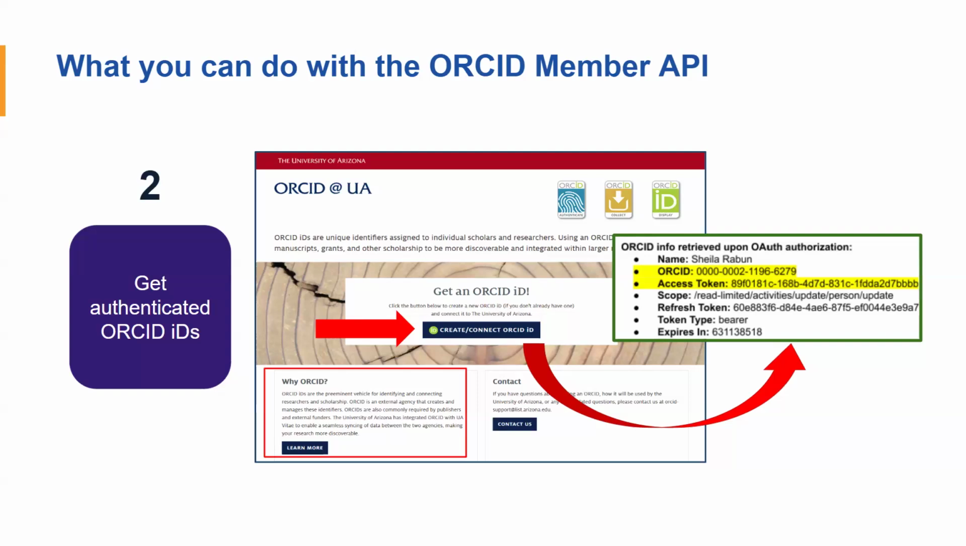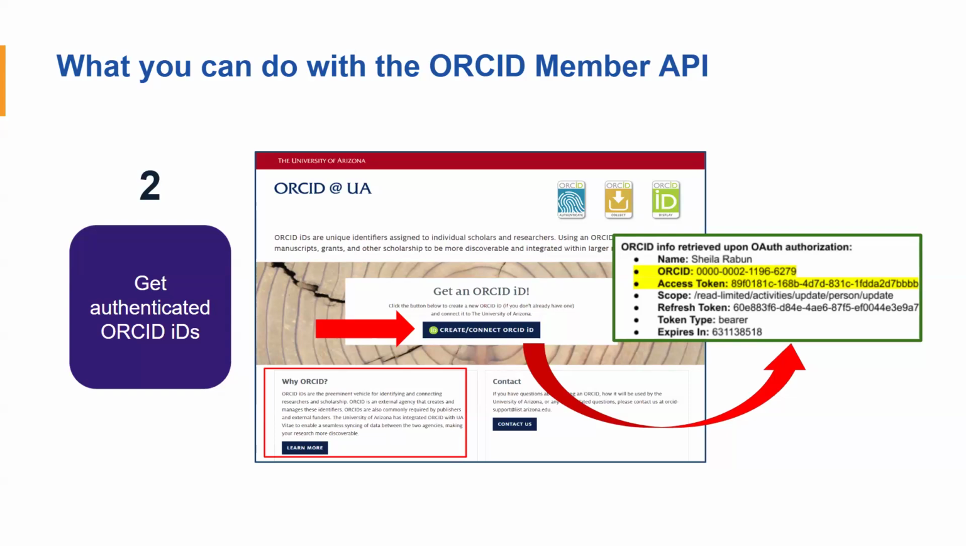Through this process, organizations are able to receive authenticated ORCID IDs in their system. For this example, what you're seeing on the screen is from University of Arizona. Here, researchers are asked to connect their ORCID IDs with the university. They go through the authentication process, and the authentication makes sure that they have the correct ORCID ID